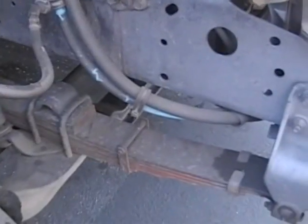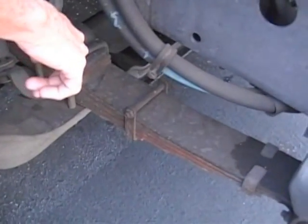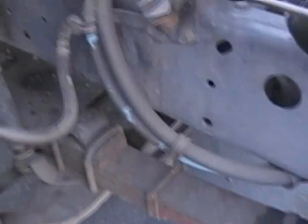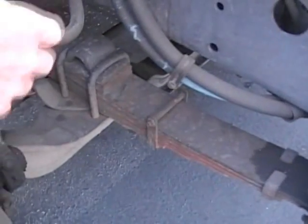Now we're going to come over to our spring mounts, front and rear. Make sure all the nuts and bolts are in place. Spring mount's not cracked or damaged, it's not welded. It's going to come down to your leaf springs. Make sure you've got a complete set. Your U-bolts are in place. Okay, on your steering axle, you can have 25% of the springs missing or damaged and still drive the vehicle. I would